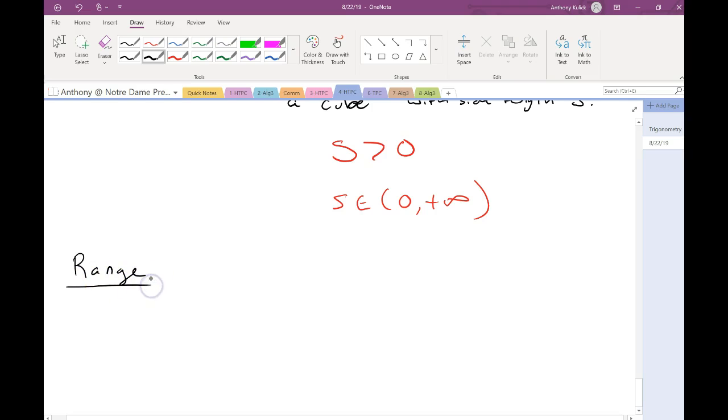Last thing I want to talk about today are ranges. Ranges are almost always going to be much harder to determine than the domains. One of the easiest ways to determine the range would be to type the function into your calculator and look at the graph. You should be able to get a good idea of what the upper and lower bound are for the y coordinates by doing that. I want to focus instead today on determining ranges without having to rely on our calculator, although it's a perfectly reasonable